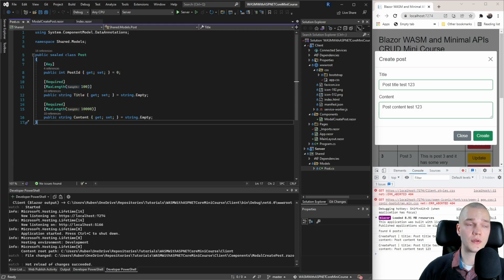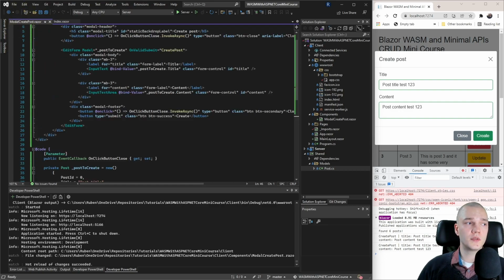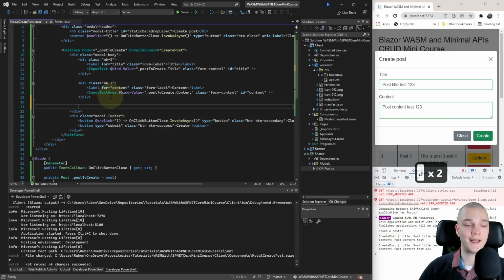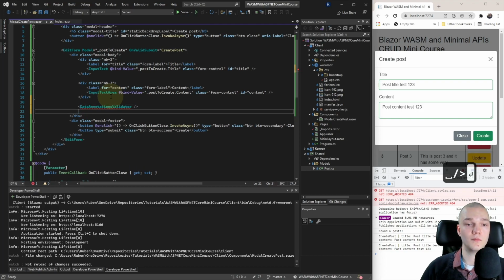Those work not only in the backend but also in our Blazor frontend, which is awesome. So I'll close Post, and back in ModalCreatePost, below the content field, I'll add a DataAnnotationsValidator component and a ValidationSummary component.